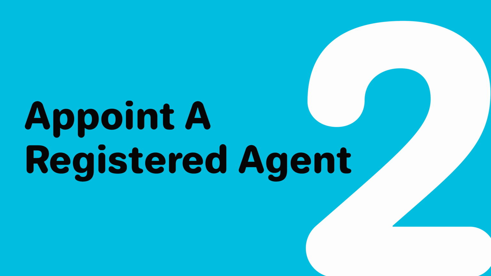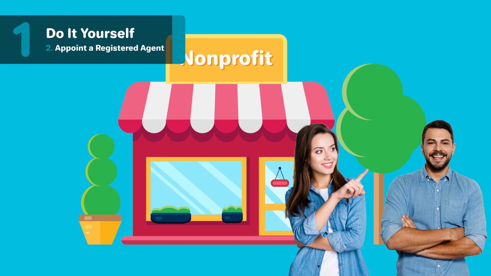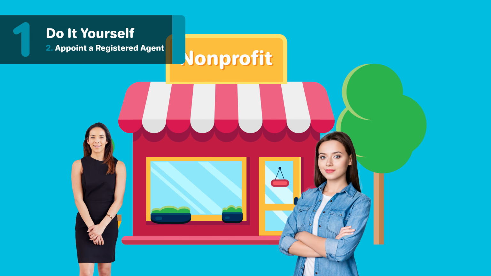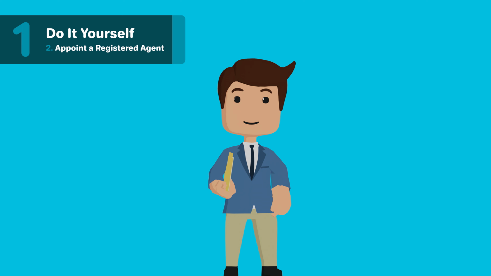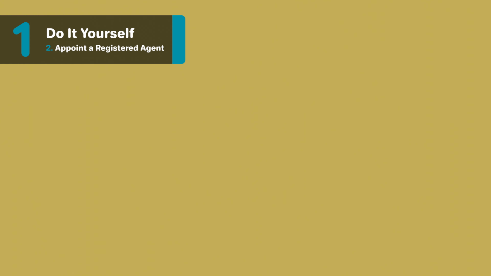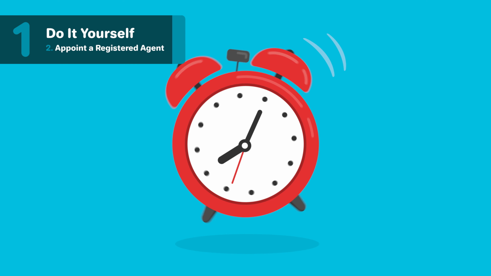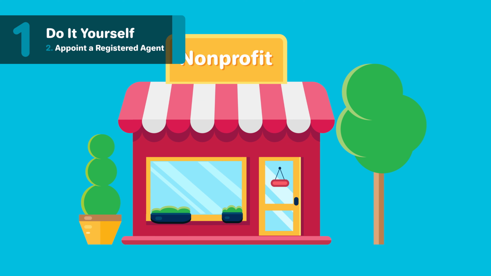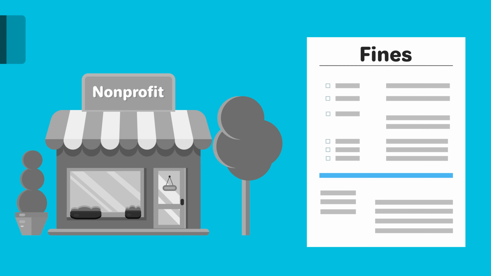2. Appoint a registered agent. The registered agent can be an individual in the company, including yourself, or you can hire a professional service authorized to do business in Utah. They will send and receive legal papers on your behalf. These documents include official correspondence, like legal summons and document filings, which your registered agent will receive and forward to you. Your registered agent will also help remind you to file the necessary reports. Failure to properly maintain your nonprofit can result in fines and dissolution, so this assistance is valuable.